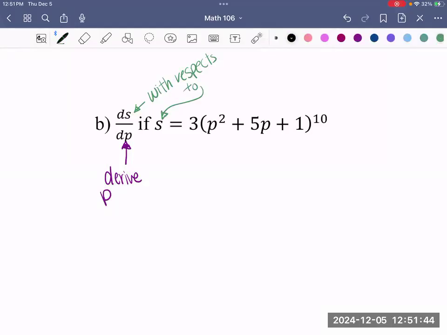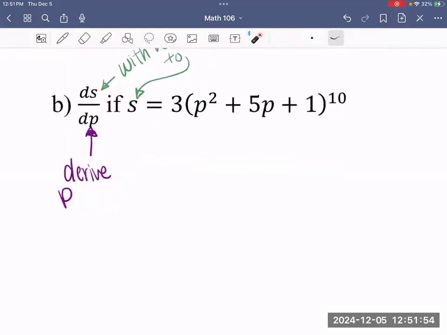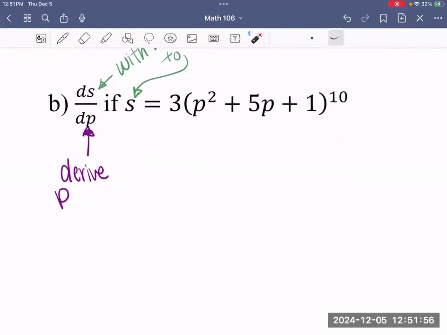So the s doesn't matter. We're going to look at all of these and think about how we're deriving p. Now, p is locked into this parentheses here, which think about what we learned from that general power rule. It's really the chain rule, like the very elementary basics of this chain rule, which is if there's something inside that